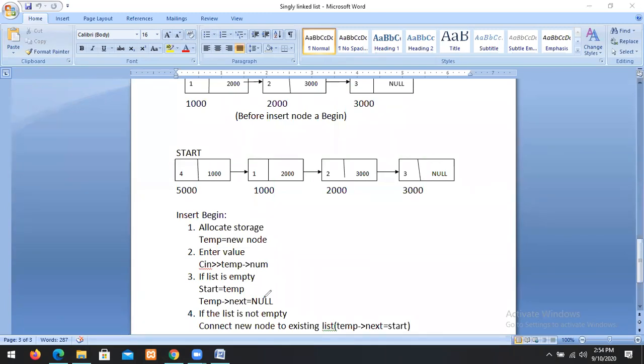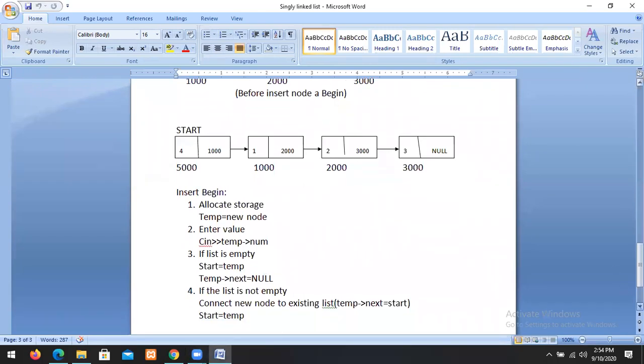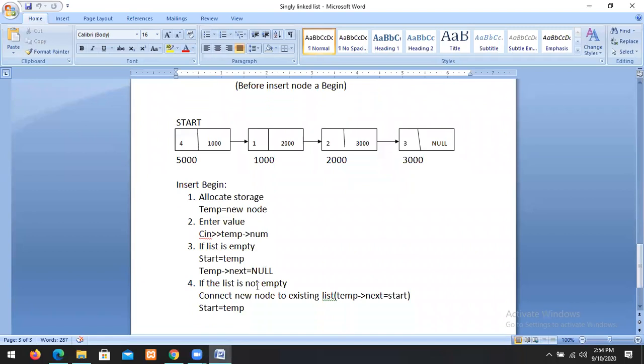So the address of start is stored in the new node temp's next. Then, once we store the address of start into temp, both the lists are joined together. After they are joined, we make the new node the start. This is the process to insert a new node at the beginning of a singly linked list.